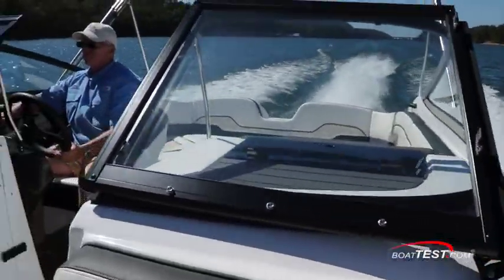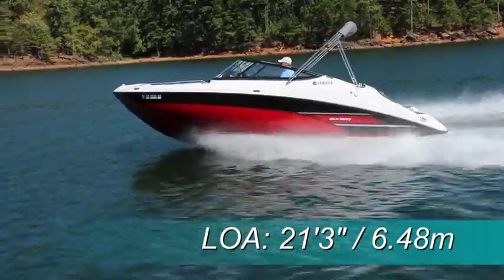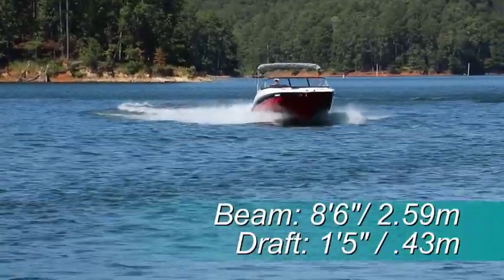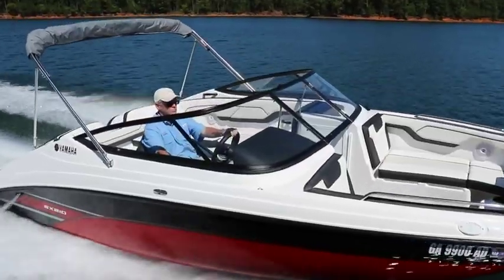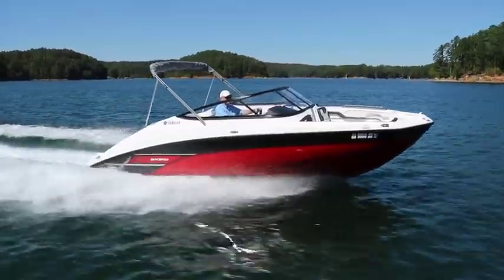We'll start right in by getting around the water and seeing how she performed. The Yamaha 210 series has a length overall of 21 feet 3 inches, a beam of 8 feet 6 inches, and, with no outdrive, a draft of 1 foot 5 inches. With an empty weight of 3,172 pounds, full fuel, and 2 people on board, we had an estimated test weight